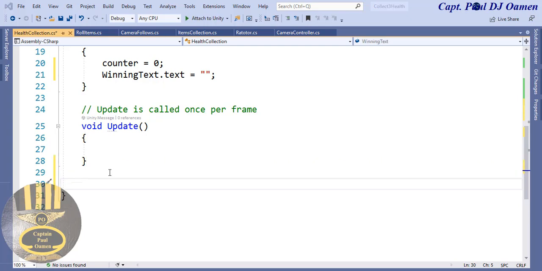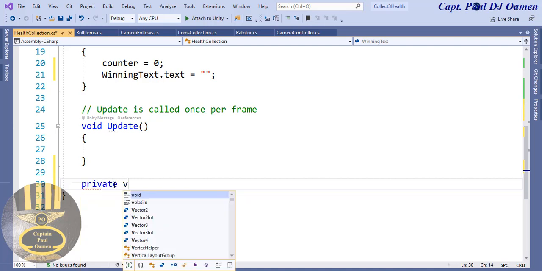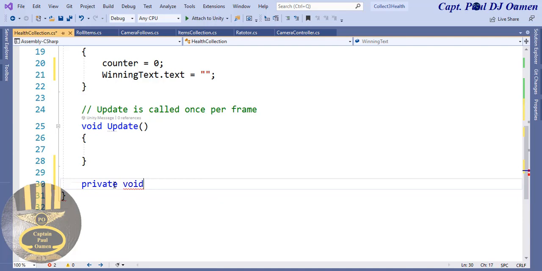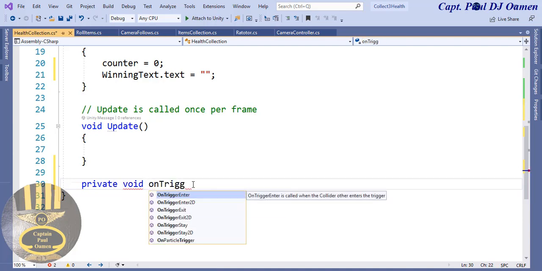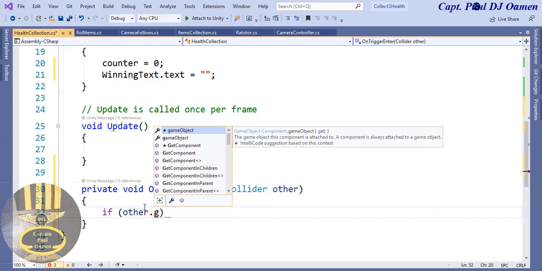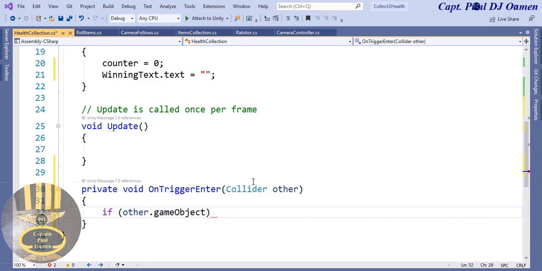This method will just be so that we can use it to trigger the collection of those cubes. So let's say private void, I'm going to call it on trigger enter. Okay, who am I collecting? I want you to collect as follows. Let's say if other dot game object dot compare